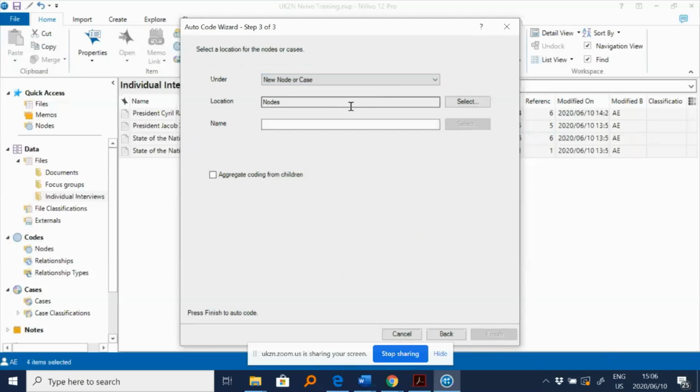Okay, where do you want it to be stored? I want it to be stored under nodes. It's not cases, so I'm going to leave it like that. And then I'm going to call this key research